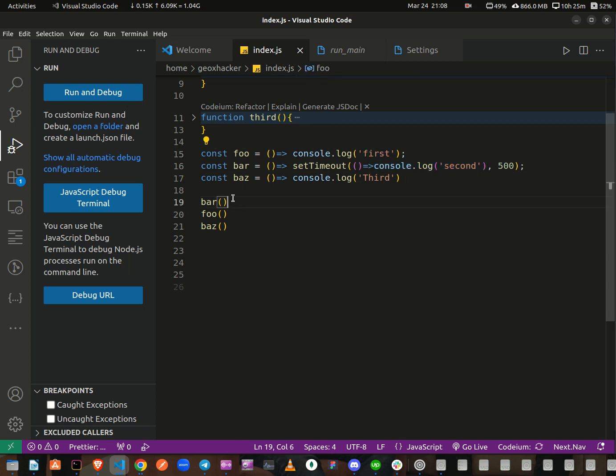So since we are invoking bar first, we would expect that we get the second printed onto the console first, and then we have foo printed, and then we have first printed. So what you would expect is an outcome that looks like this, but instead we got an outcome that looks like first,